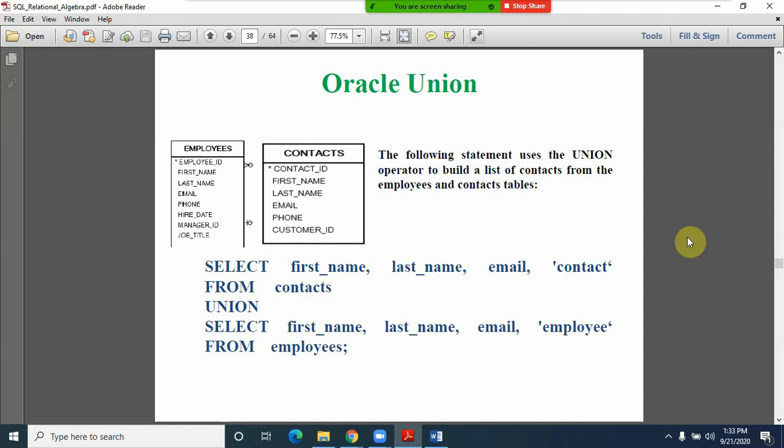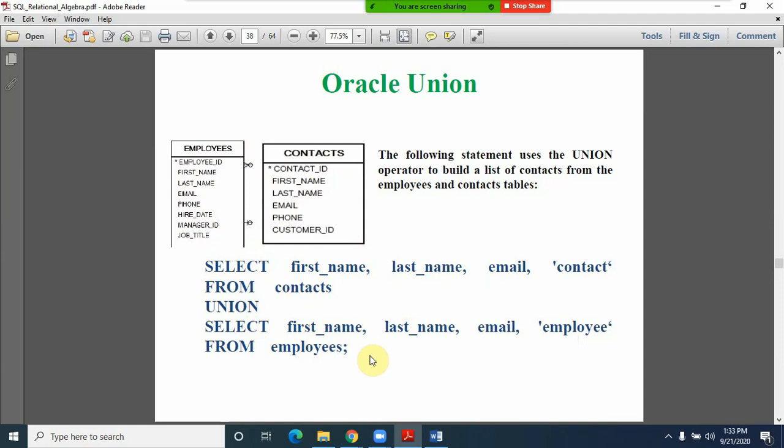In that case, friends, you can identify my requirement is very specific. First name I want, last name I want, email, contact, from this particular contacts table. Union, I am using the union with the employees table such that from the employee I want first name, last name and email, from employees.